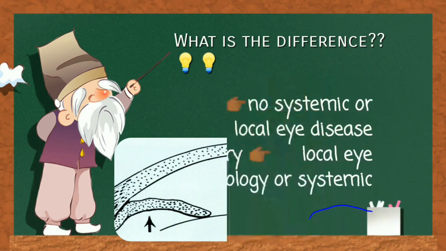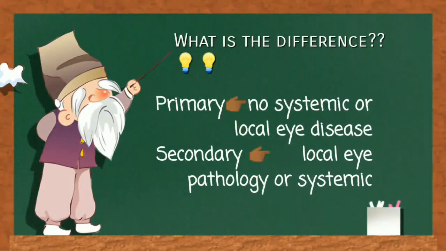What is the difference between primary and secondary types of glaucoma? The difference is the cause. In primary glaucoma there is no systemic pathology affecting the eye and no local pathology affecting the eye, but in the secondary type there is a systemic pathology like diabetes mellitus or steroid use causing glaucoma, or it may be caused by a local pathology in the eye, like blood closing the angle, or